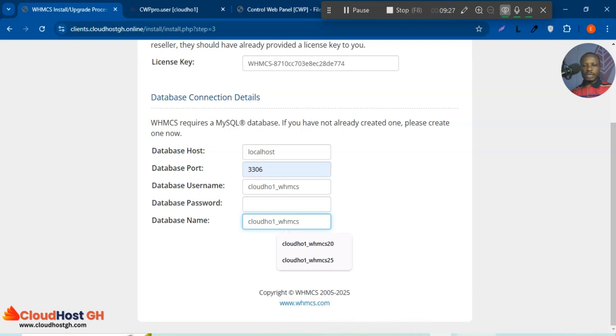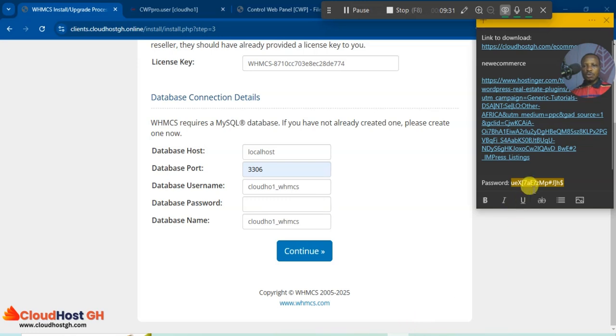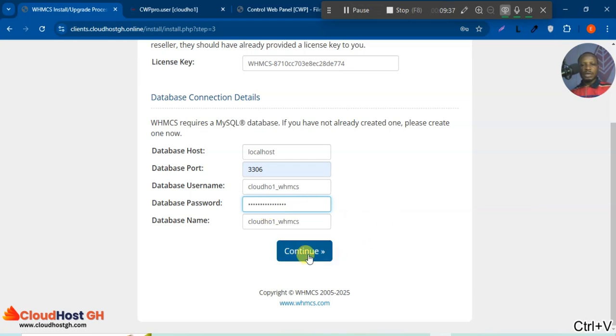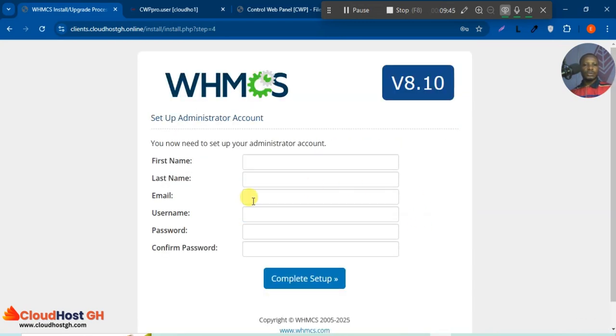And then the password, I have my password here. Okay, so I will copy the password from here and paste it here. After that, I will click continue. Okay, so here I have to enter my first name, last name, and the email I want to use is